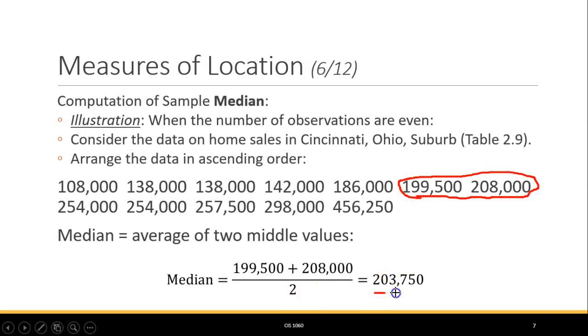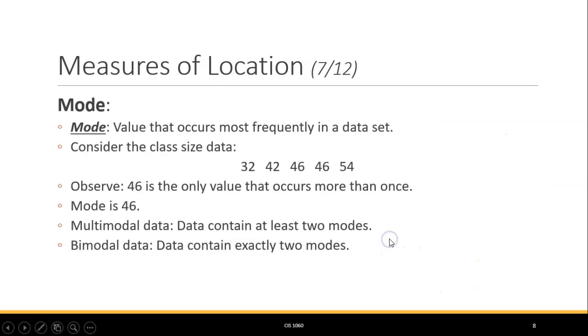Okay. Looks for the average, and that is 203,750. All right. Then we're going to talk about mode, and I'm going to show you a little bit of things here when we get to the Excel spreadsheet. Mode is nothing more than the value that occurs most frequently, and looking at this small data set,